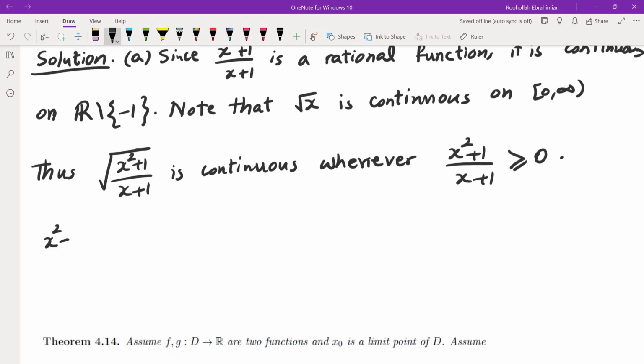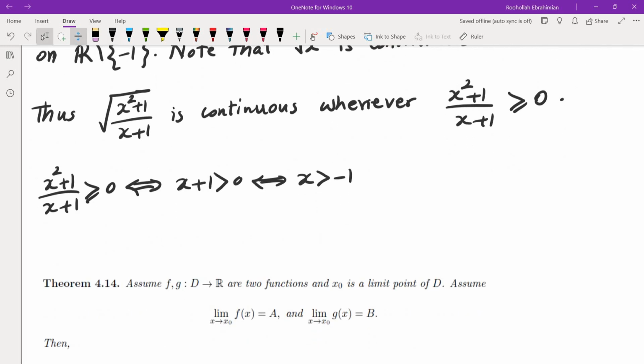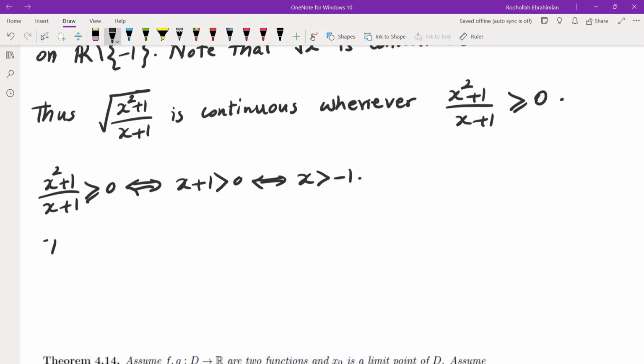So x squared plus 1 over x plus 1 is greater than or equal to 0 if and only if x plus 1 is positive. And that happens if and only if x is greater than -1. So that means square root of x squared plus 1 over x plus 1